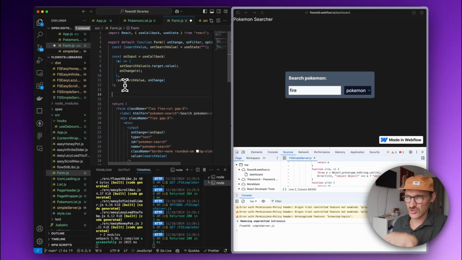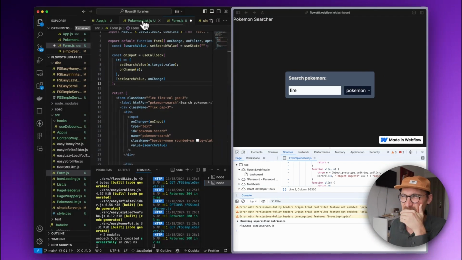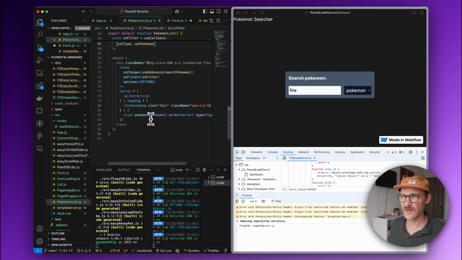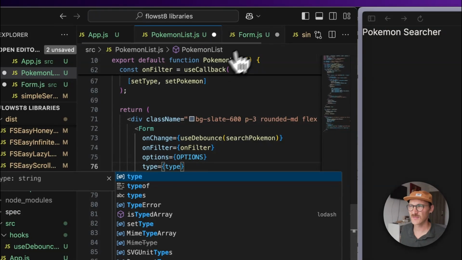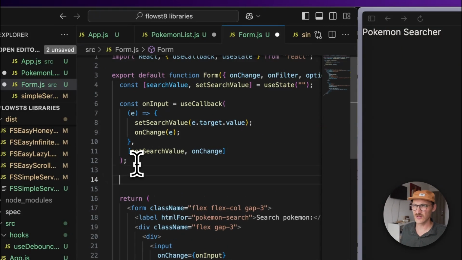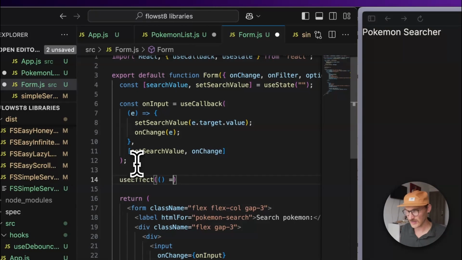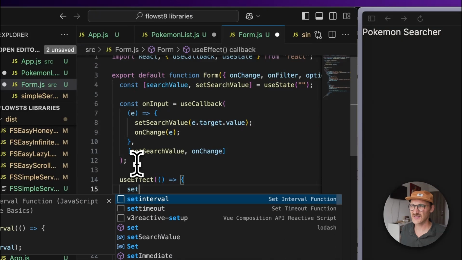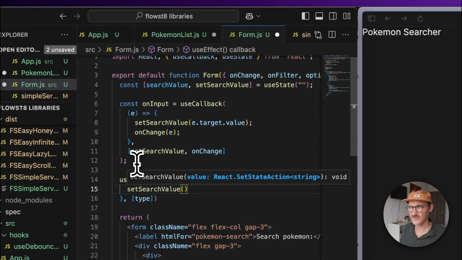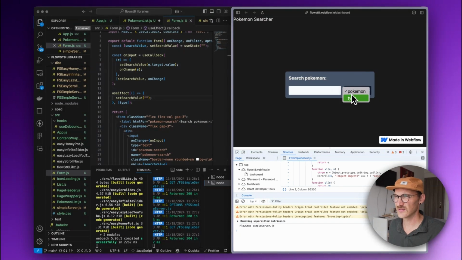So now we want to make sure, so if we pass in type equals type, then we can do a useEffect here, pass a function that only runs when type changes, and we can go setSearchValue equals nothing. So when type changes,